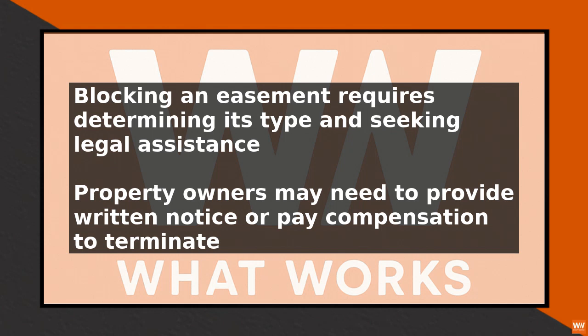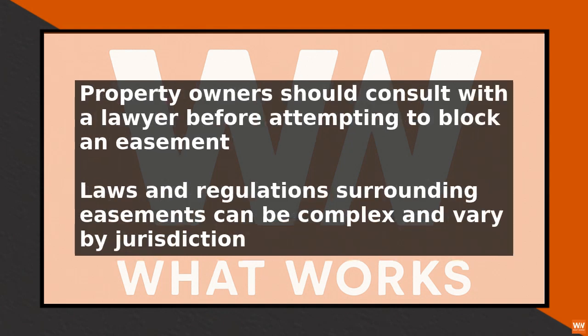of a lawyer. To block a prescriptive easement, the property owner must demonstrate that the party holding the easement has not used the property for the required period, typically 5 to 10 years. Depending on the jurisdiction, the property owner may also be able to block the easement by demonstrating that the use of the property was permissive, rather than adverse, meaning that the property owner gave the party holding the easement permission